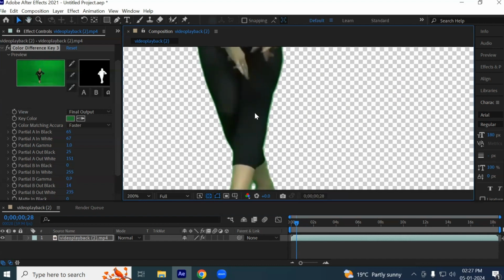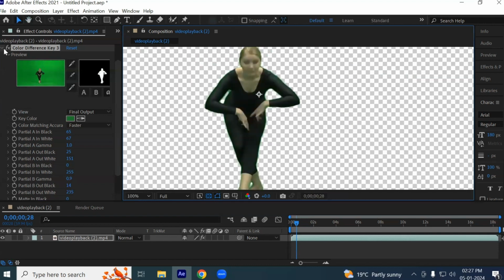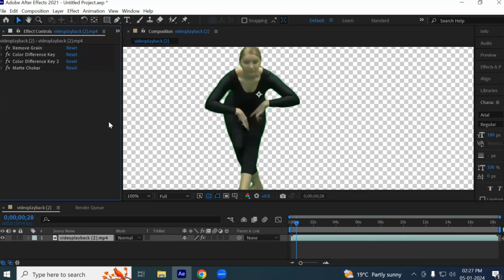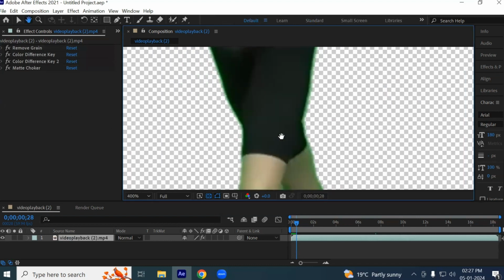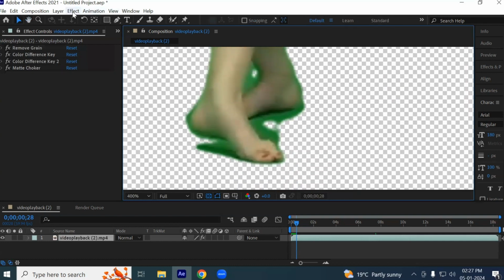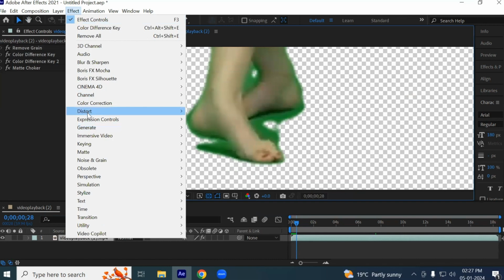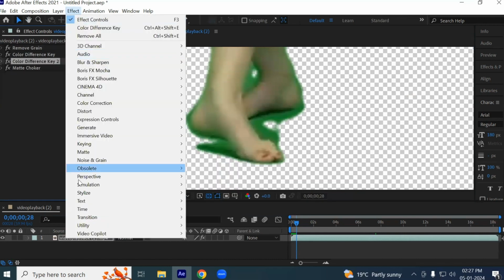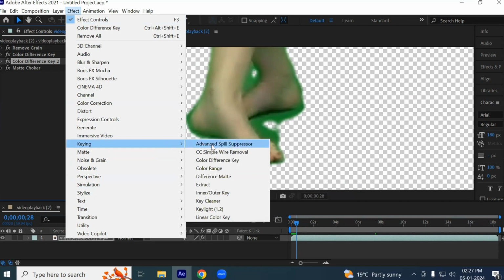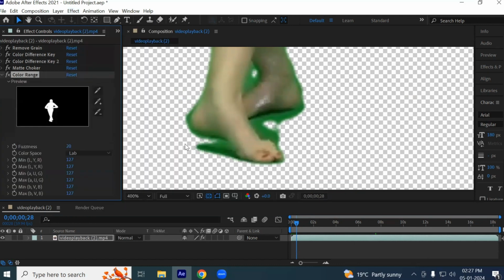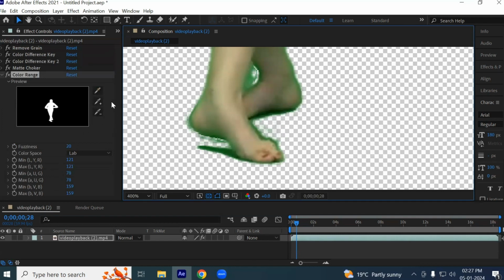If it is not at all possible with this, we can go with another key tool. Remove the color difference key 3. To remove this one, go to effects. After this, we need to apply keying. I'm going to use the color range. Pick the color from green. Now it is working. Okay, and set the location which I don't want to add into the